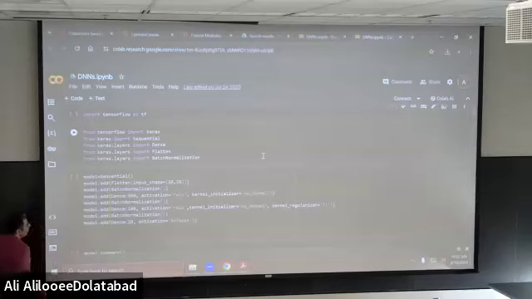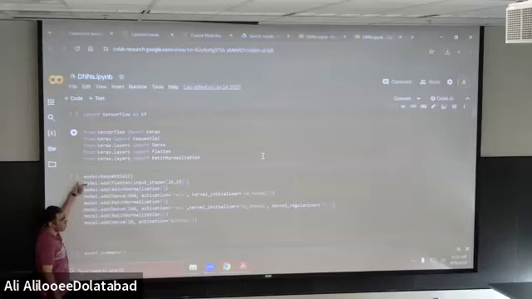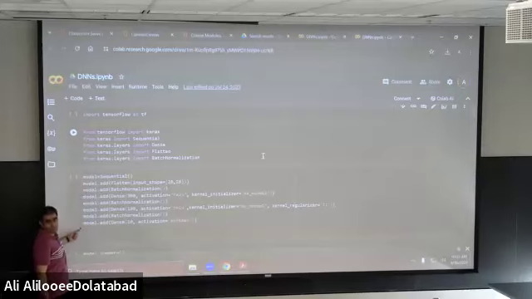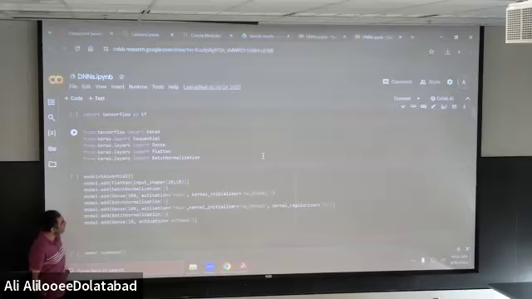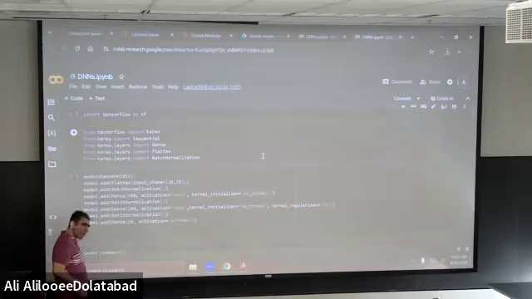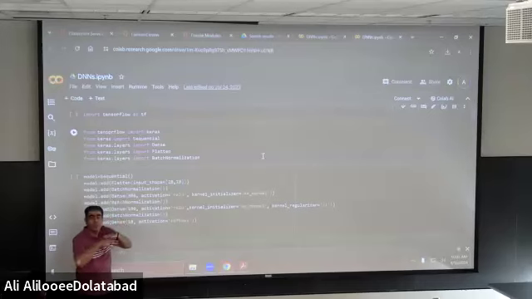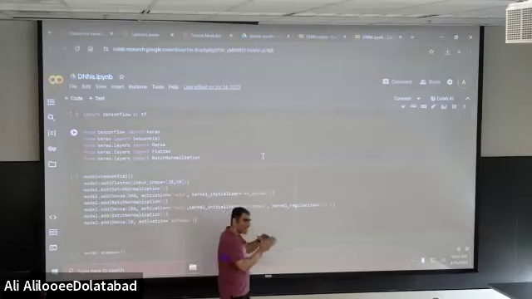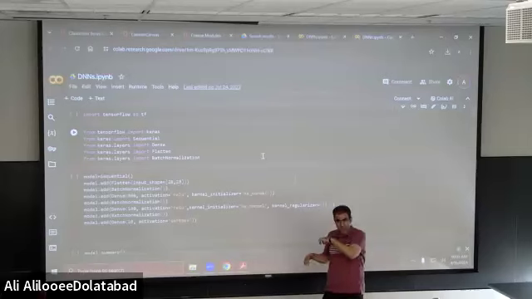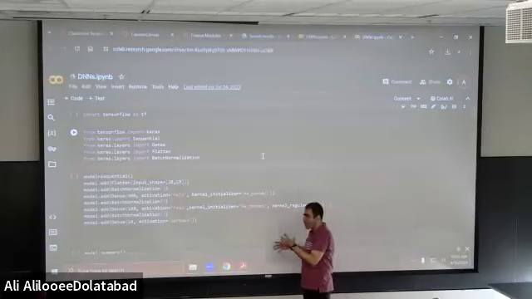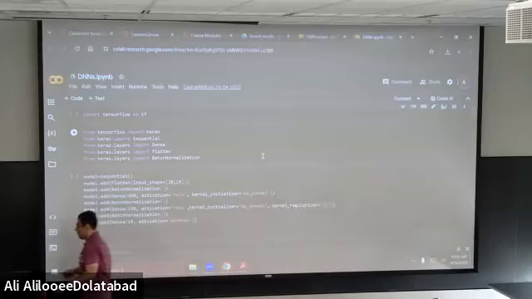Okay, but what about input layer and output layer? This is input, this is output. What does input mean? Here we said Flatten, input shape 28 by 28. Why do we use this? Guys, see, here my goal is to use this model on pictures. Pictures have some pixels, right? When you have a picture, what do you have exactly? Let me show you.